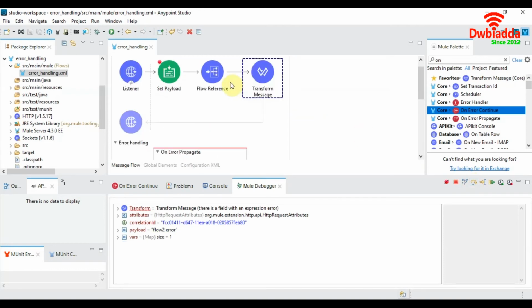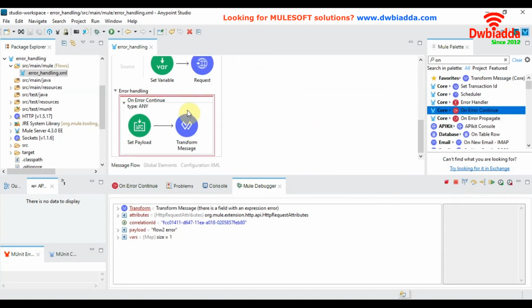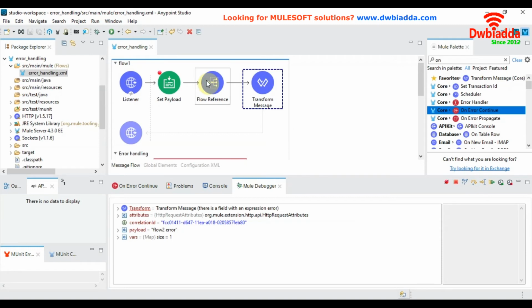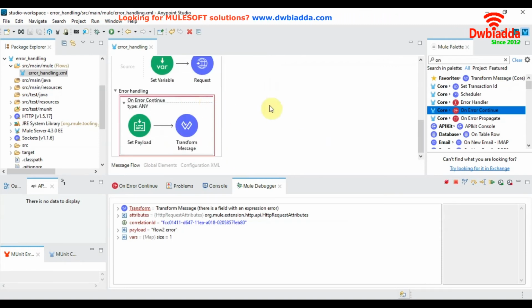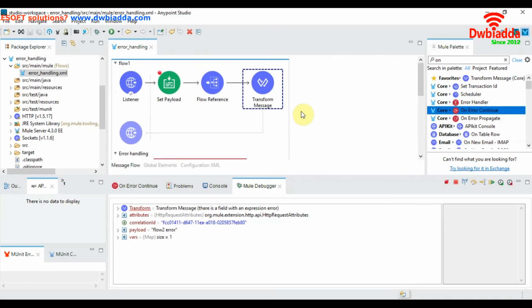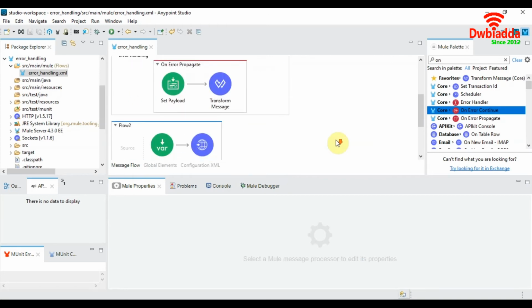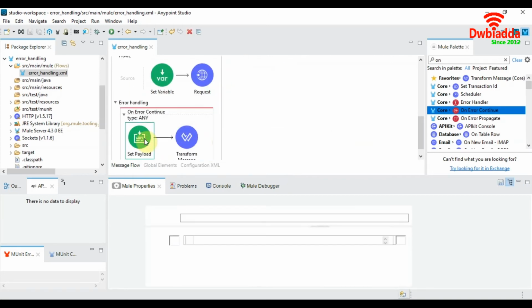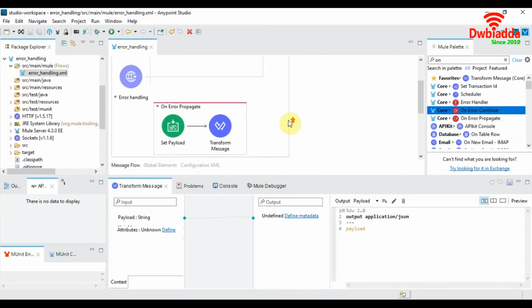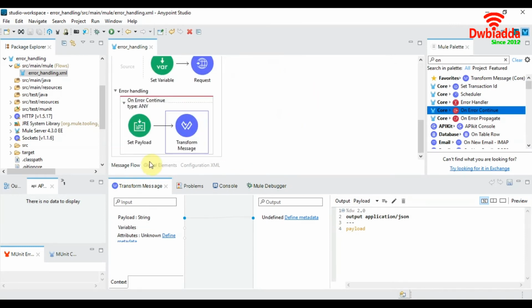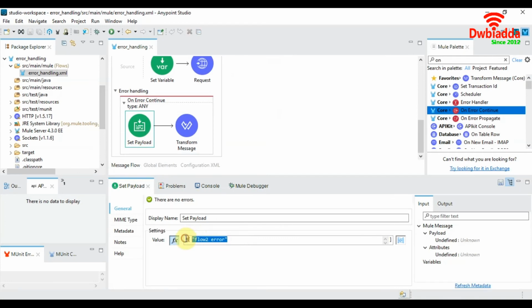Now we can see that flow reference does not return back an error, since the error has been caught and returned with a success message back to the flow reference. So basically we're telling flow reference that nothing has gone wrong thanks to the on error continue scope, and our message processing can proceed further. So what we should be seeing back in our browser is the payload that we set in our flow 2. Since we haven't modified it anywhere in our flow 1, this is the payload that we'll be seeing returned back from the server.